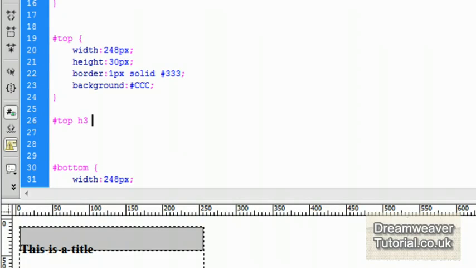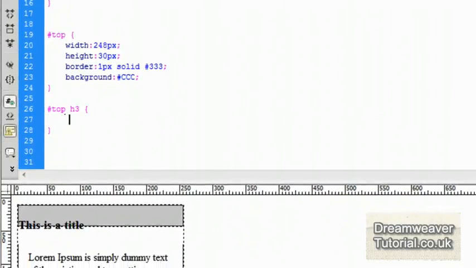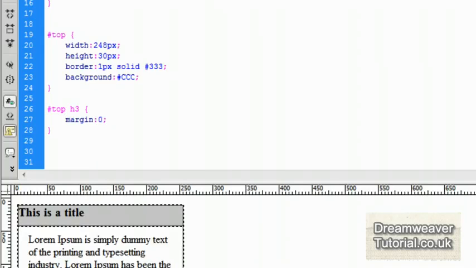Okay, so what I'm going to do is create a selector for the H3. So I'm going to type in #top h3 and open and close curly braces. So that's the H3 inside the top div, and I'm going to set the margin to 0 and press refresh or click inside design view. You'll see that it closes the gap between the top div and the borders, but we need to position the